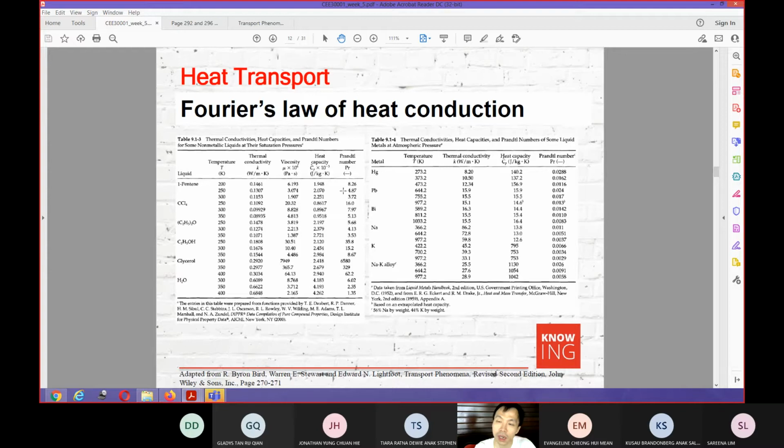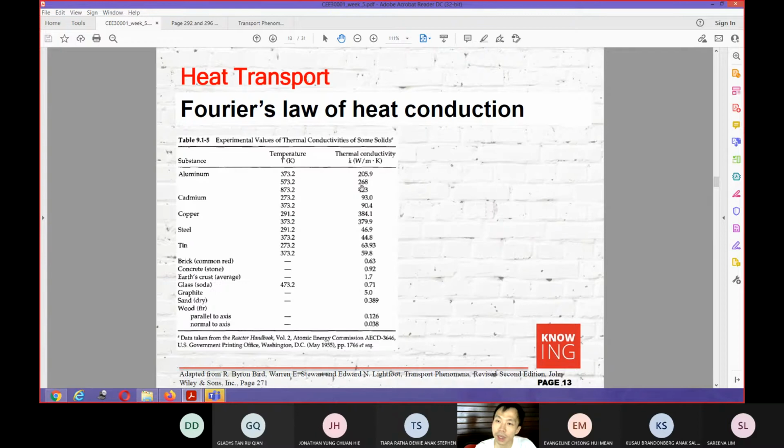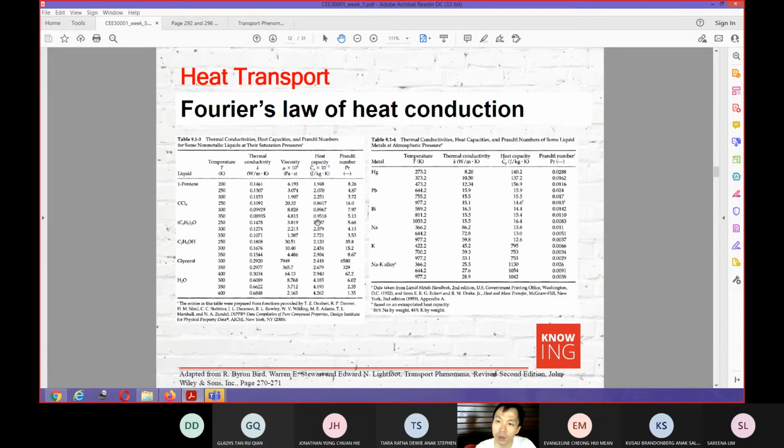And then if you see in here, the Prandtl number is above 1, meaning that the momentum transport will be much easier with respect to the heat transport, right? And then you can also see again in here that the Prandtl number is less than 1, okay? And in here, we don't have the Prandtl number, but this Prandtl number is basically showing you a rough approximation of the relative ease of the momentum transport with respect to the heat transport.